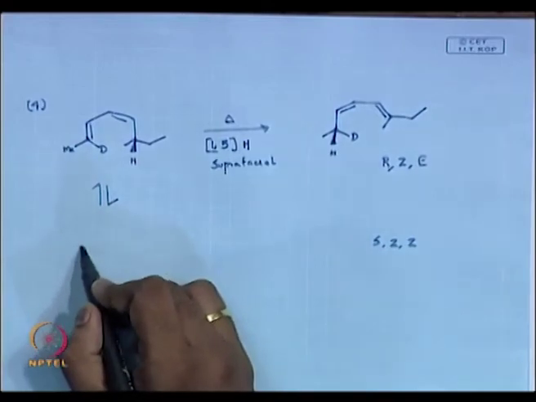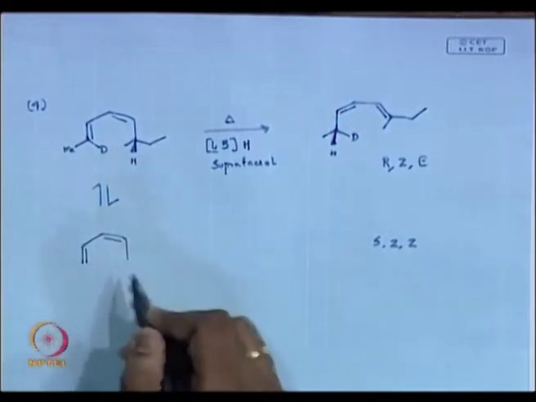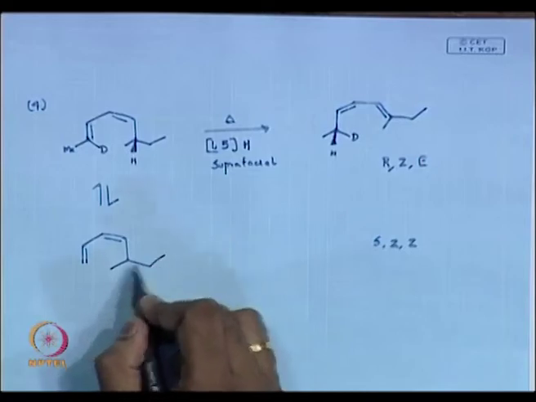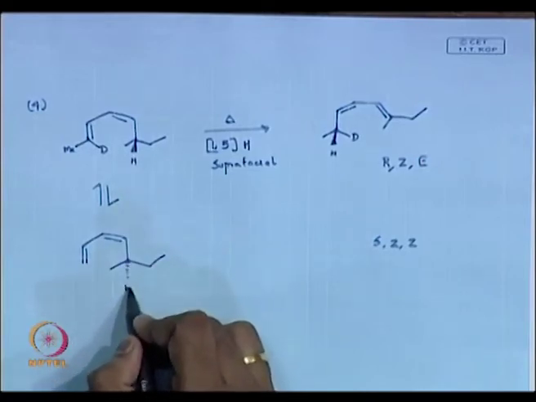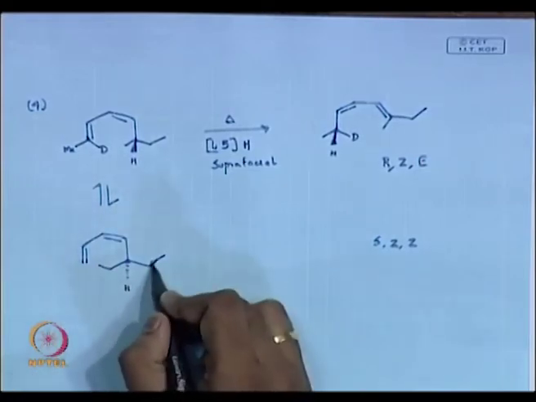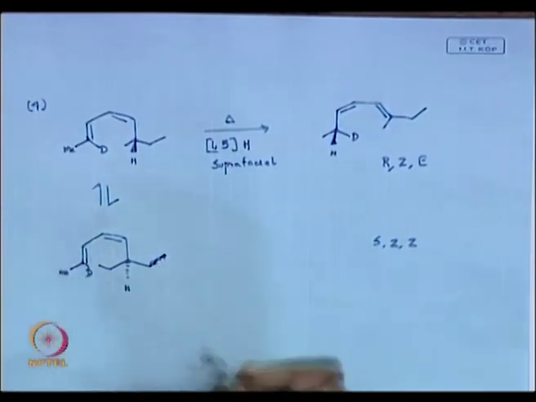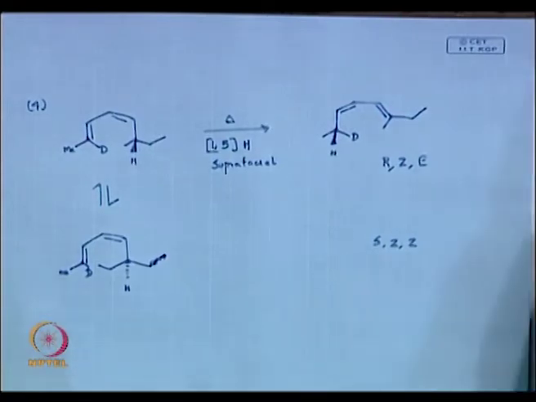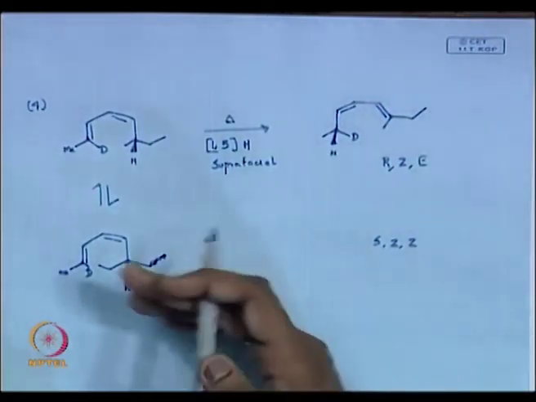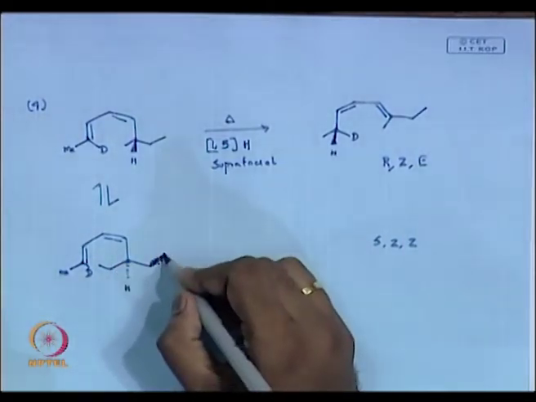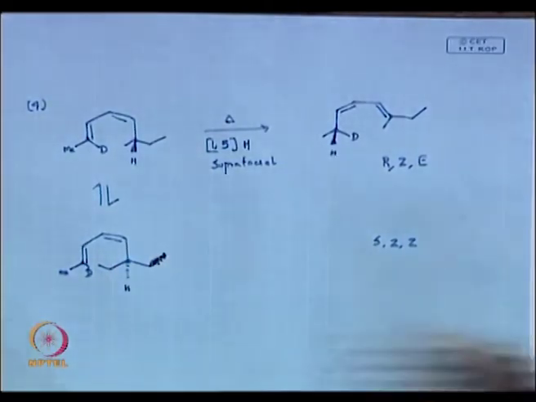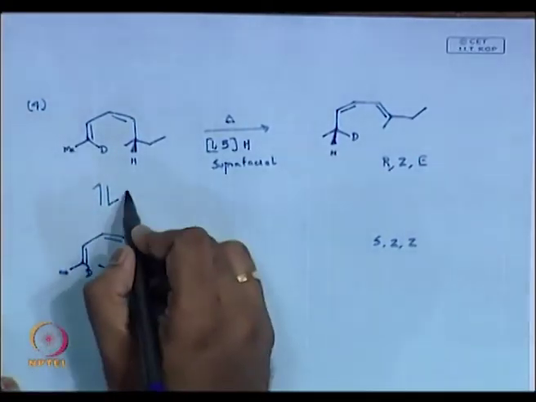So, you get methyl and deuterium. Yeah. You can have the other way around. So, it can do a CC bond rotation, that is possible,